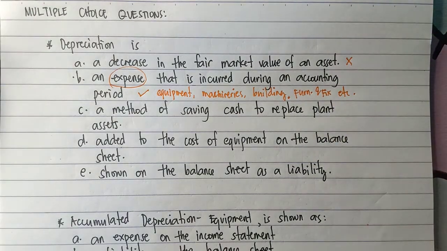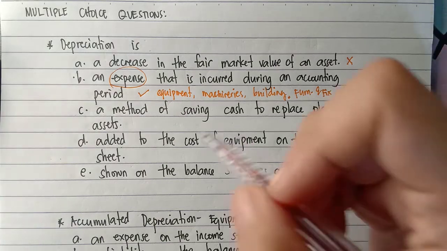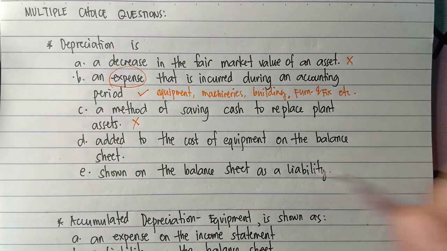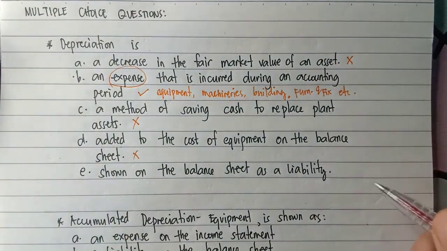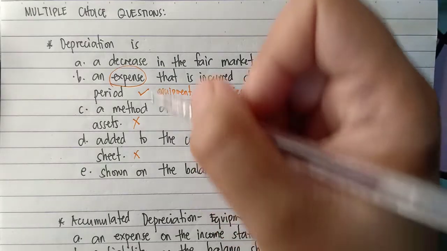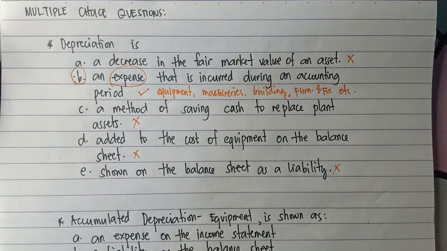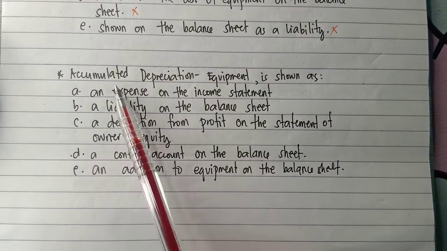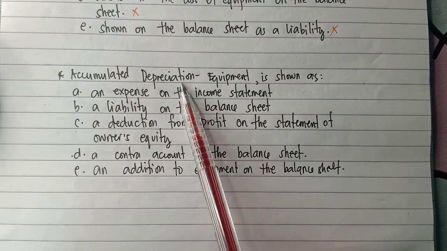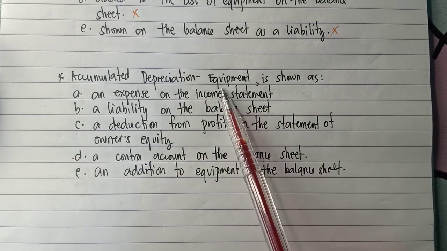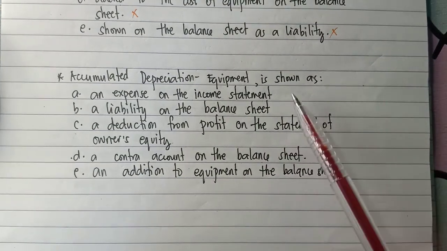Letter C, a method of saving cash to replace plant assets. No. Added to the cost of equipment on the balance sheet. No. Shown on the balance sheet as a liability. No. So the correct answer for the first question is letter B, an expense that is incurred during an accounting period. Next question. Accumulated depreciation, specifically in equipment, is shown as letter A,